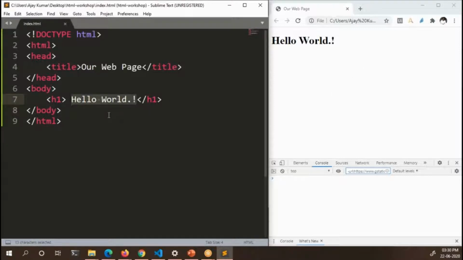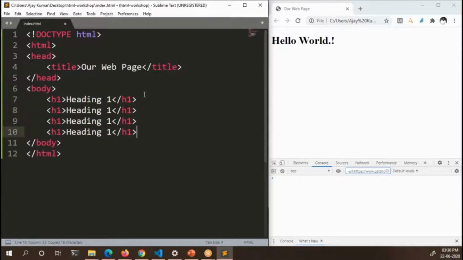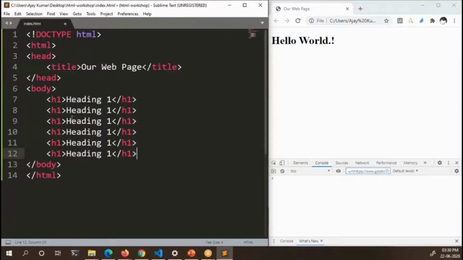So first of all, we'll see what are heading tags. We have 6 heading tags, H1 to H6. So this is heading 1. Let me Control C and Control V. So let me change this.